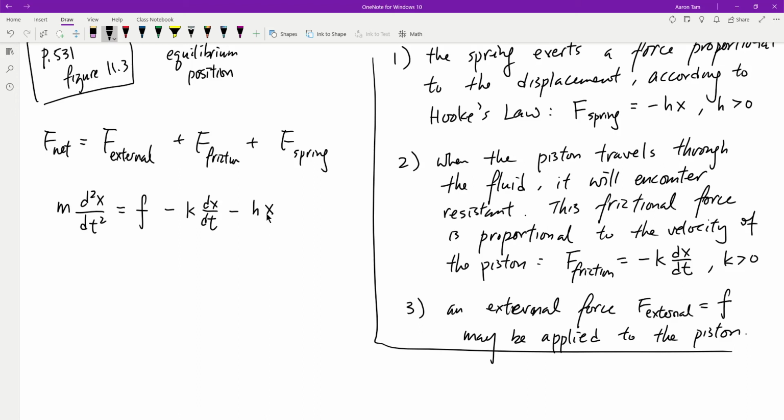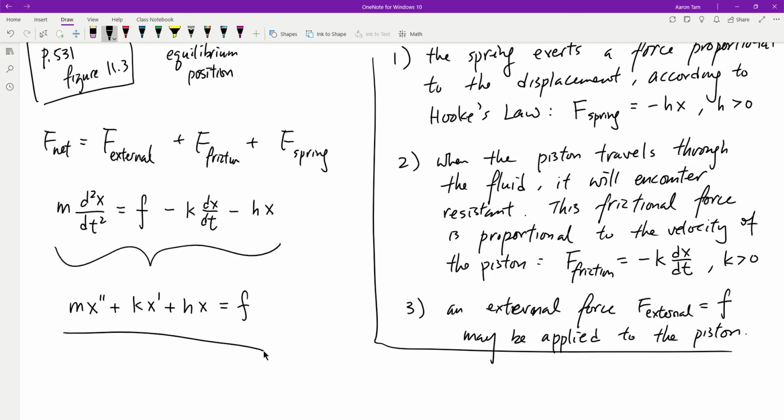And now what I'm going to do is rearrange it into a nicer form. So this equation actually turns into this one: mx double prime plus kx prime plus hx equal to f. Notice what we have right here is a second order linear constant coefficient